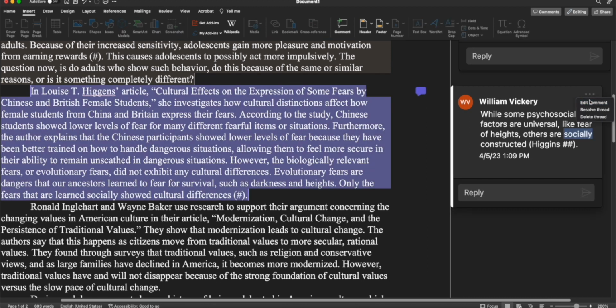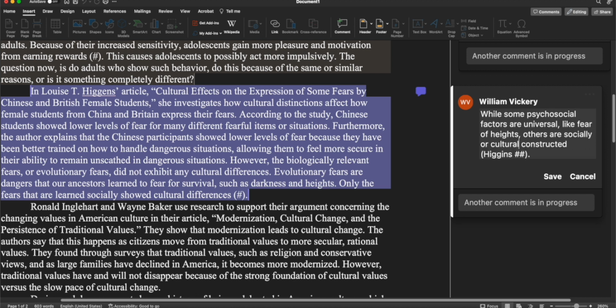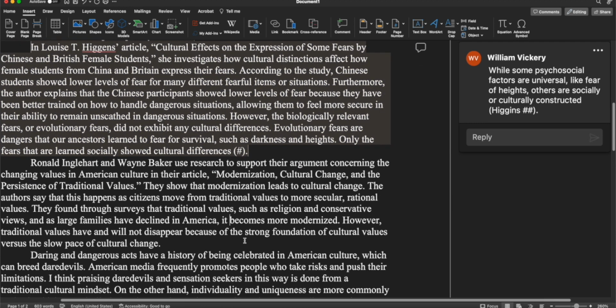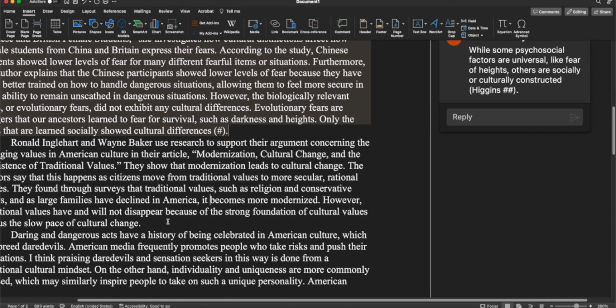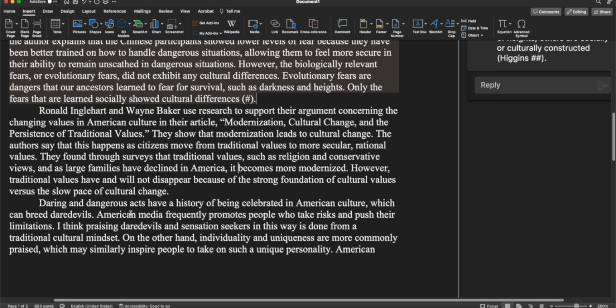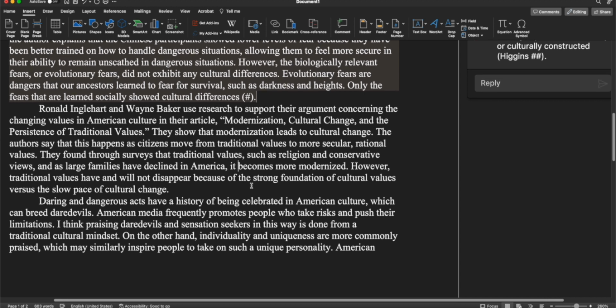We need to edit this comment. I don't think we need this. I won't lie. Okay, so let me talk about why I don't think we need this section from Ronald Inglehart